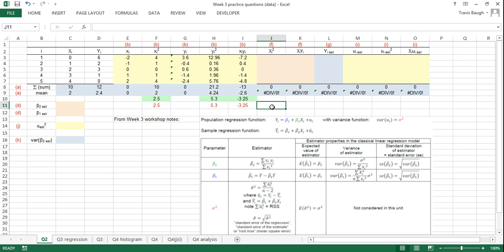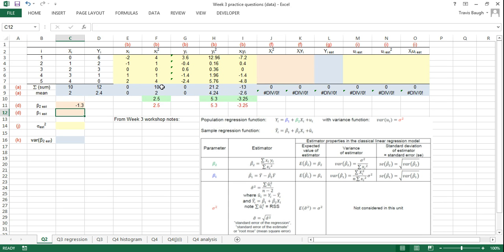Okay, D. Estimate B1 and B2. It says do not use the intercept and slope functions to do this. Instead, use the formulas on page 8 of the workshop notes. So here are the formulas down here. For B2, it's going to be the sum of little xi times yi divided by the sum of xi squared. So that will be equal to this number divided by this number,